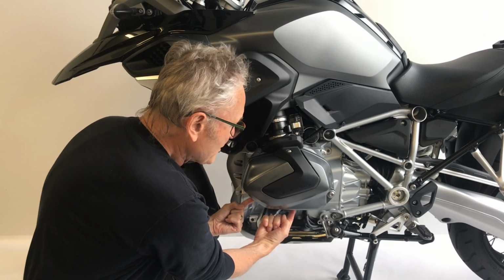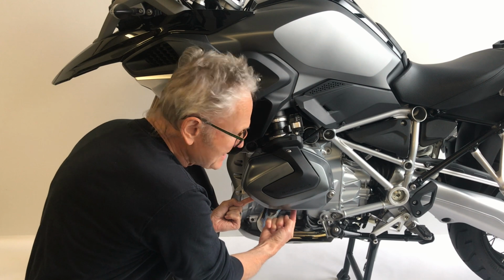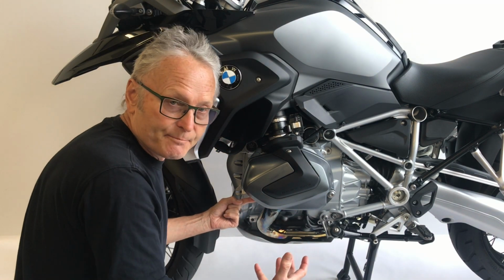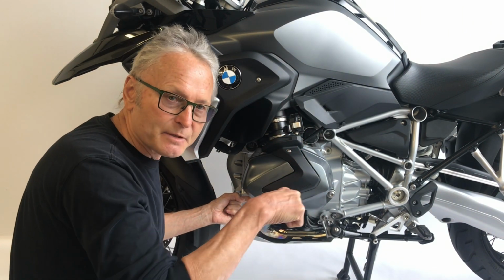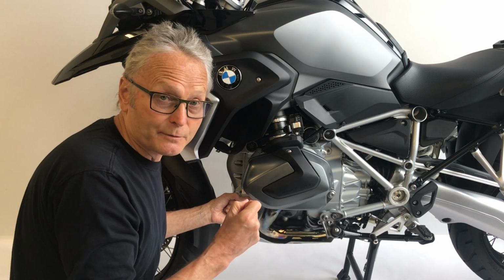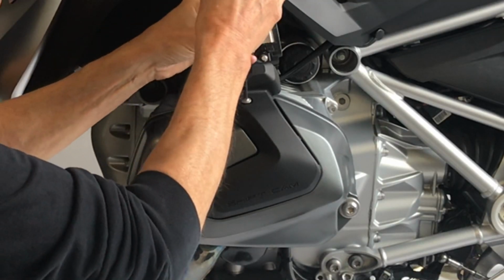Those are a little more difficult to access, so in our installation we're going to put these bottom screws in first to give us a good start, and then the last one will go in the top, which will be easy to see alignment of the 2 holes and then we'll do the final tightening. So the first step is to take your T25 Torx driver